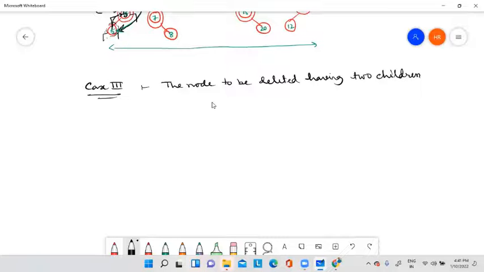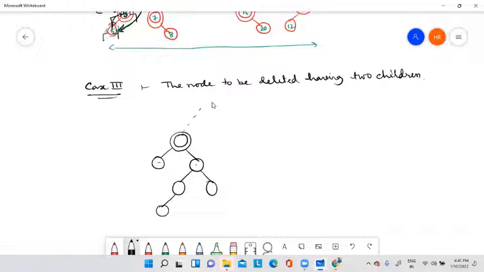So this is the extreme case. This is the extreme case. Okay. Suppose this is the node to be deleted. I mean, this one having 2 children. You can have 2 children means it can be any picture. After this, it can be any picture. We have no idea.